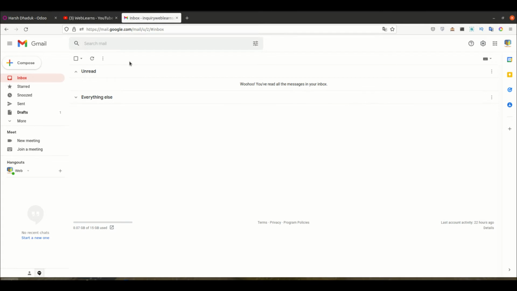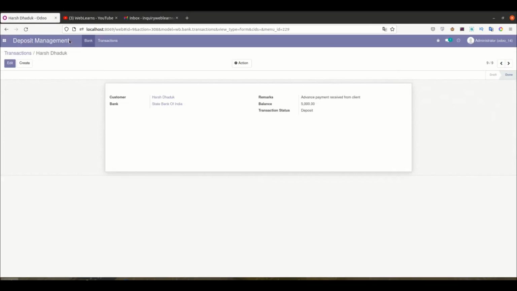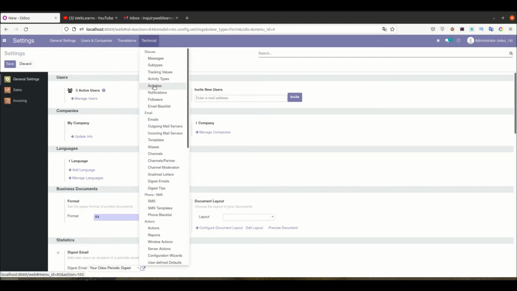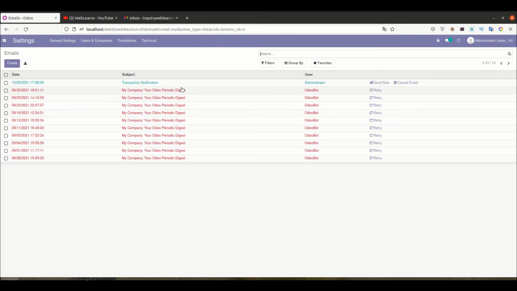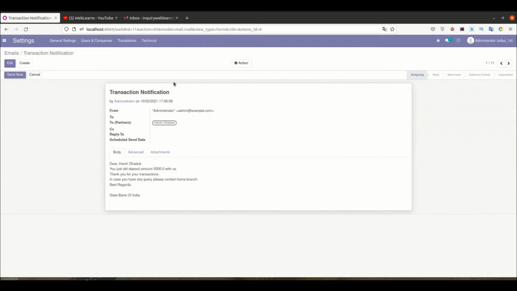If it's not received yet, then what we need to do is go to settings, technical, emails. Here you can see this email automatically showing all the details, and if you click send now,